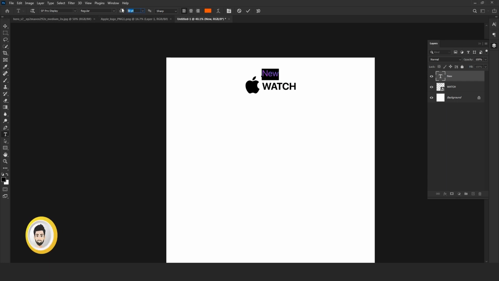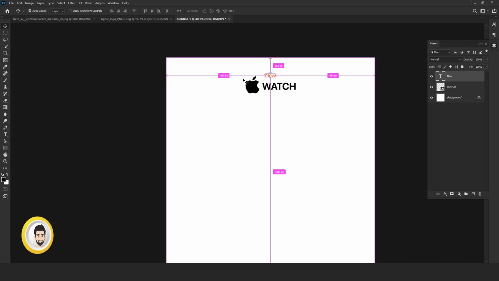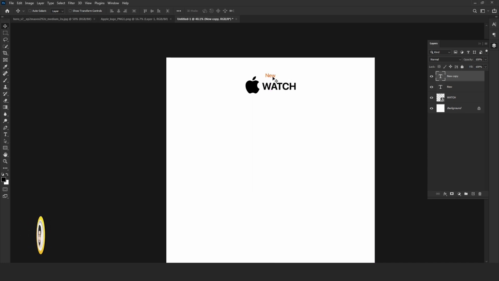I am decreasing the font size to 12. 12 is looking good, right? Now I am just duplicating the new text layer and here is our product model.